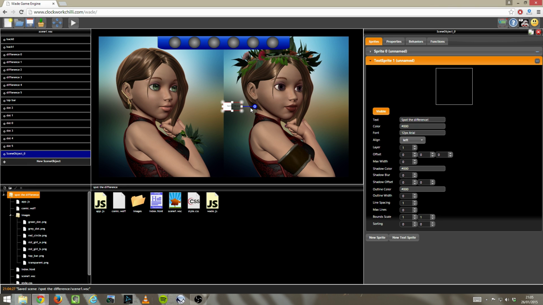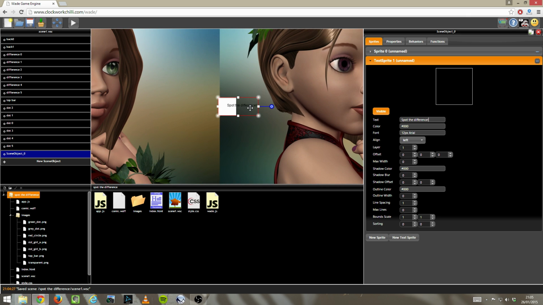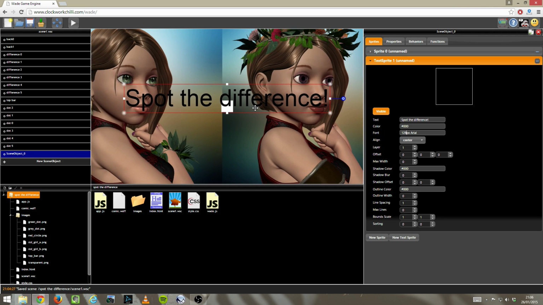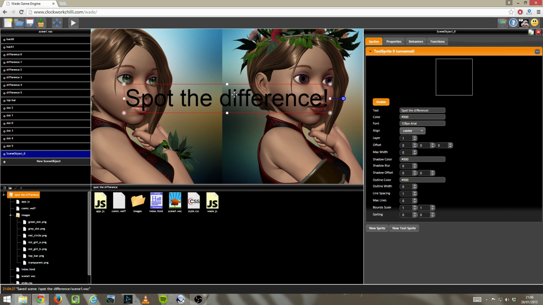It's really tiny. I'll zoom in so you can see it better, but it's really tiny. We want it to be much bigger. So instead of 12 pixels, let's do 128 or something, which, 128 is going to be better. And I want it to be center aligned. And at this point I think I can easily remove this white square by clicking this minus button on the sprite 0. Okay, so we're left with the text only in this object,